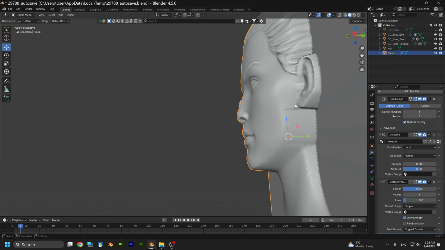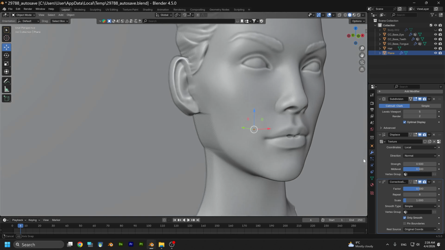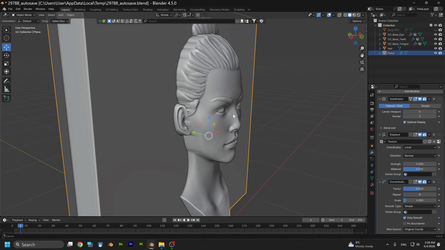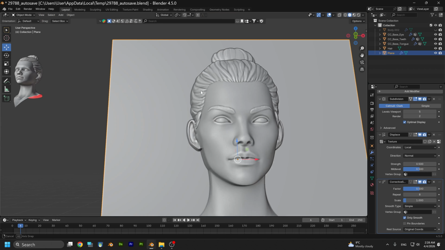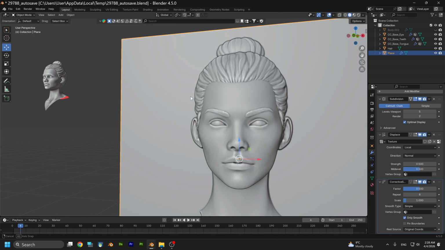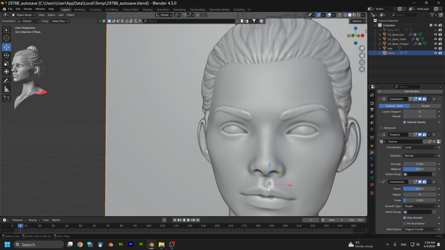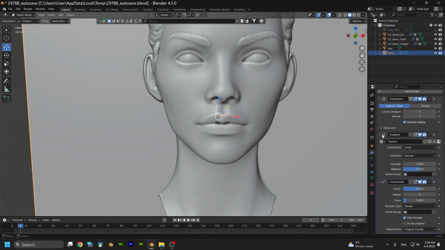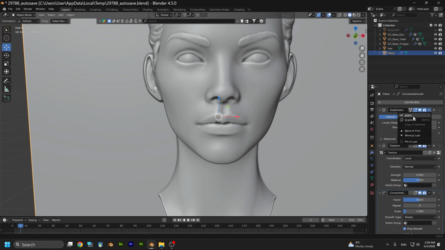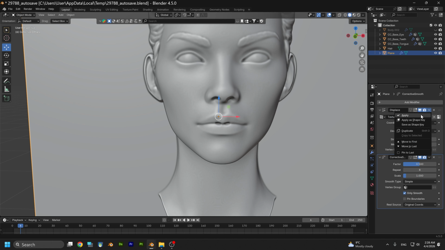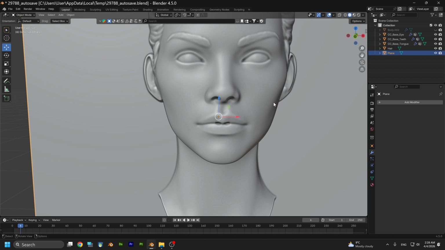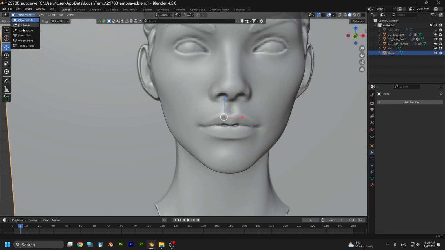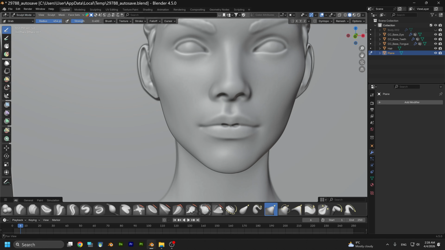So we have some things to fix a little bit here on the face, but I think it's very fine. Also the lips here, but this is nothing. So let me apply these modifiers, and let's go to sculpting, and we go to smooth,